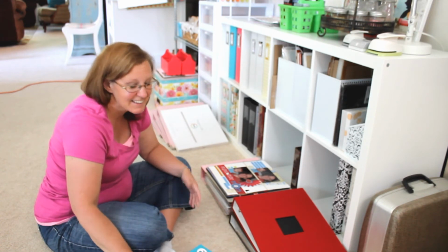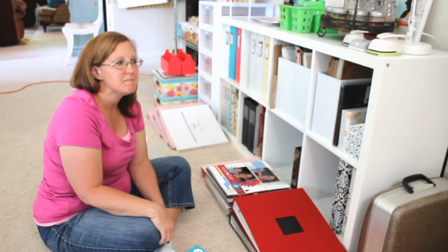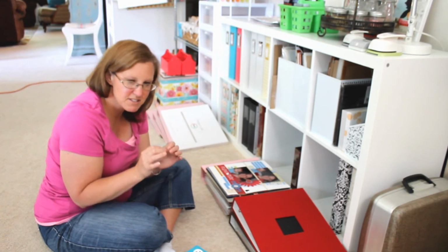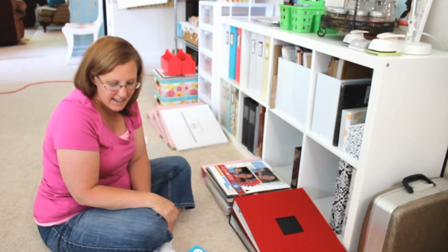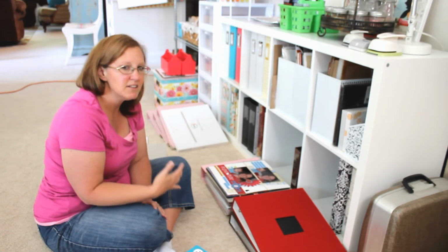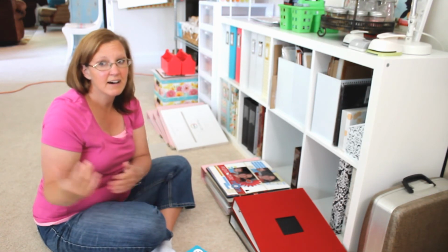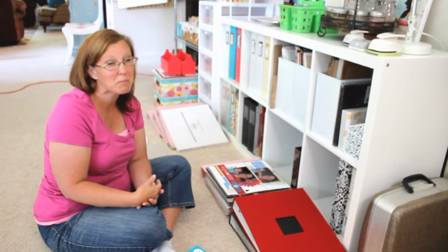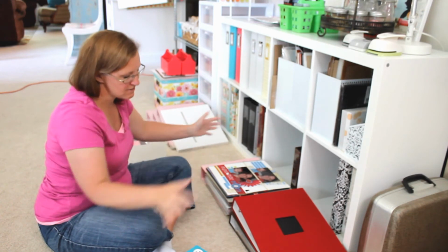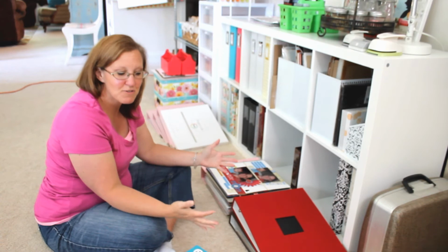They're lovely, and I love every one of them, and I'm so proud of every one of them. And I remember every detail, just being really focused on every detail and every embellishment, every title, just lovingly curated. And I still am lovingly curating my layouts, but most of them are in pocket pages. And that's okay. So there is this series of layouts from years ago that are traditional 12 by 12 and